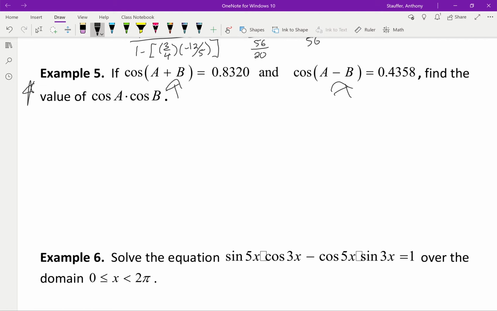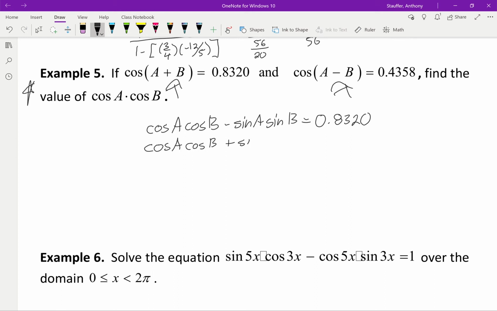So in my first one, I get that cos(A + B) is going to be cos A cos B minus sin A sin B, and we know that is going to equal 0.8320. Subsequently, cos(A - B) is cos A cos B plus sin A sin B, and that equals